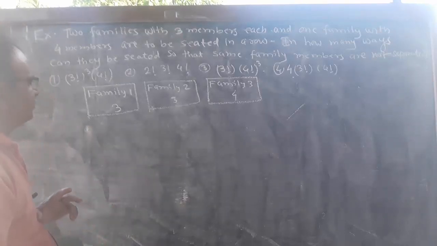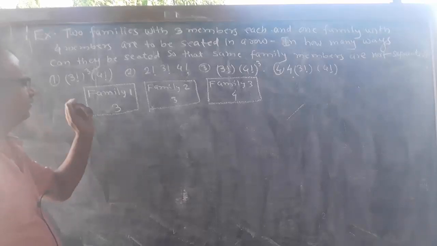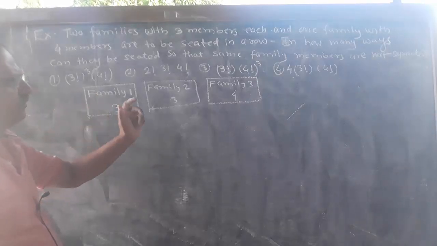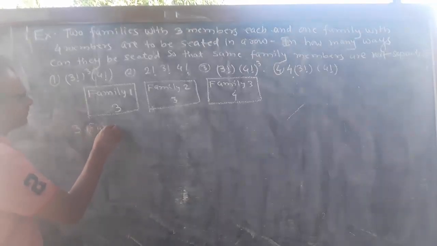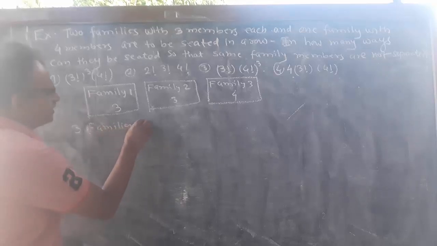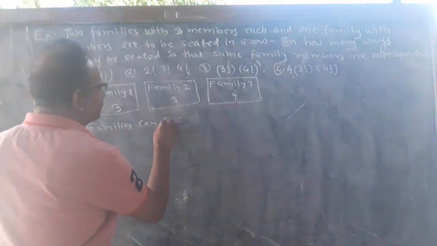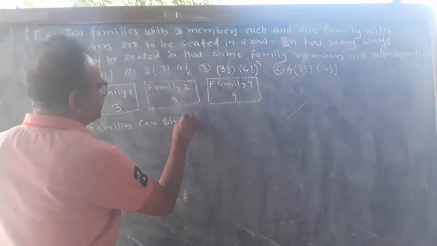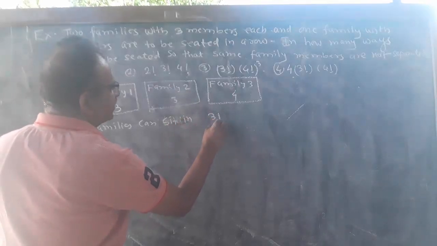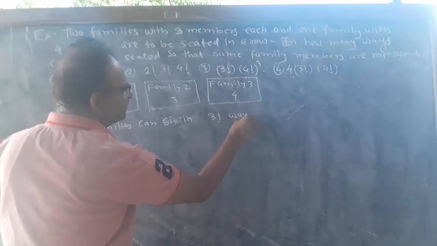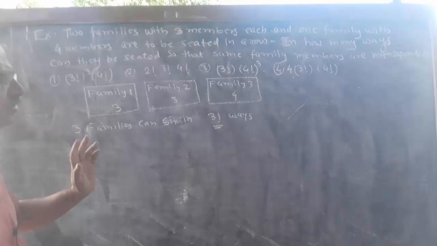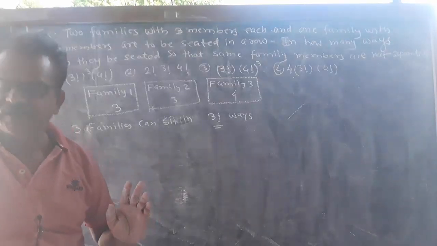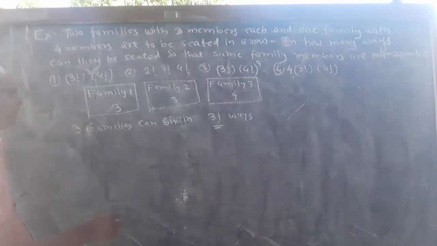Therefore, here we have to do 2 events. First event is the arrangement of the families. 3 families can sit in 3 factorial different ways. Here we have to use permutation. Then